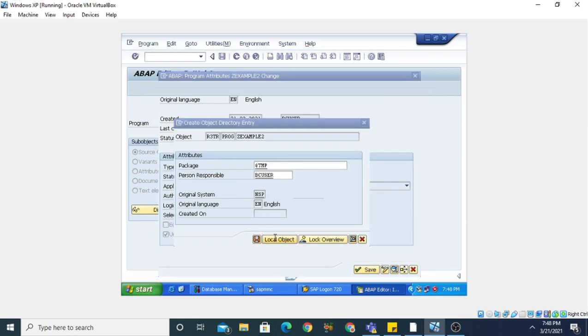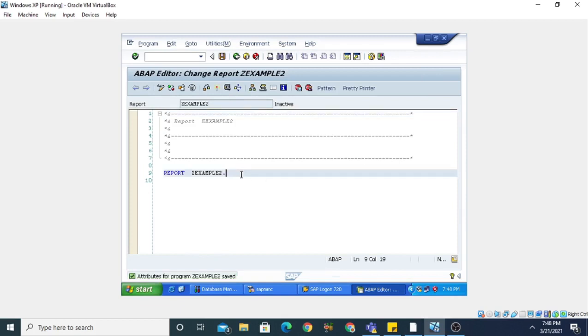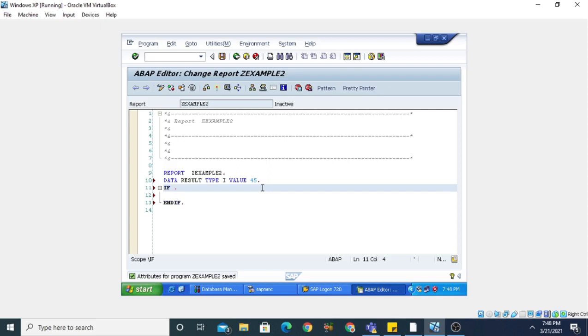It will open a screen, a web editor, on which we can write the program. Now let us start with the first data object. This is the data statement. I am going to type result. The type is integer I and the value I'm giving is 45. Now taking the if statement, when you press tab, if then tab, it will automatically place the if else if construct here.